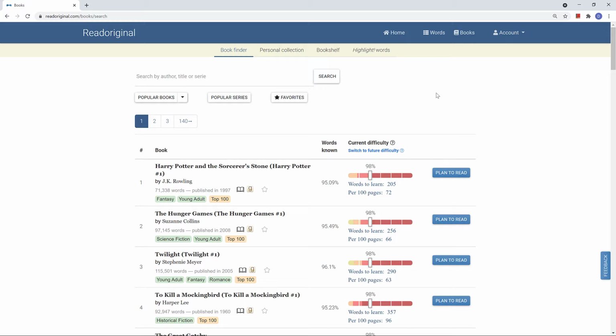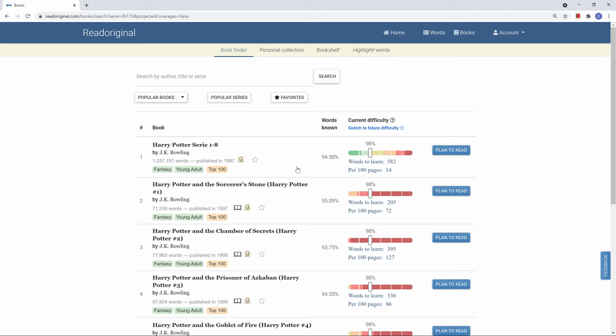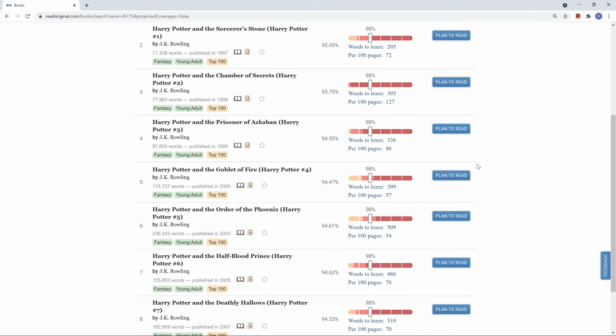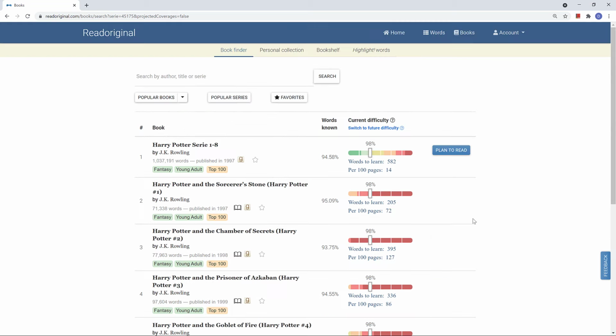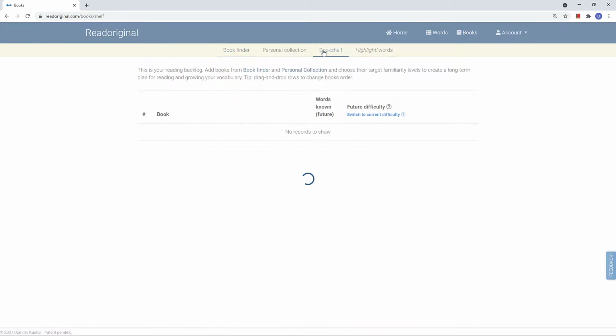Let's consider how it works on the example of a book series, where the effect is especially pronounced. Let's say I am a huge fan of Harry Potter and decide to read all 7 books in the series. I'll go to the series pages. All the books appear very hard, and I add all of them to the bookshelf. Then I go to the bookshelf, which shows me